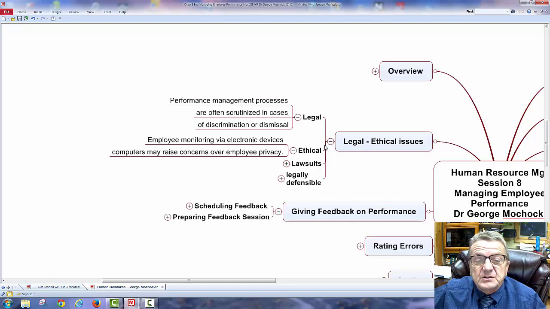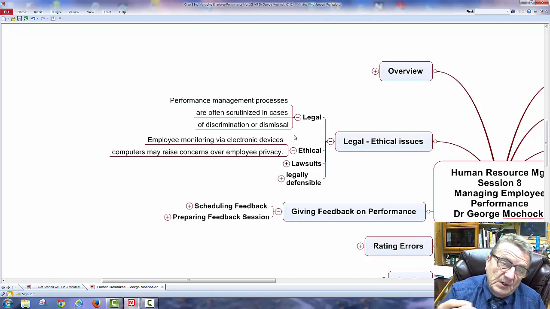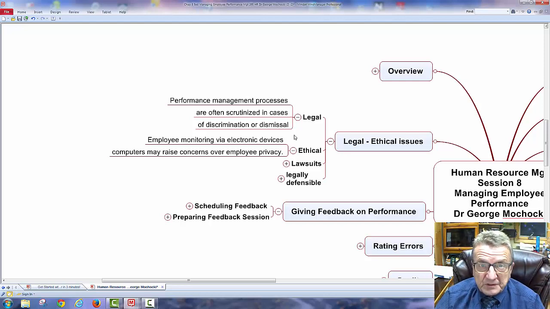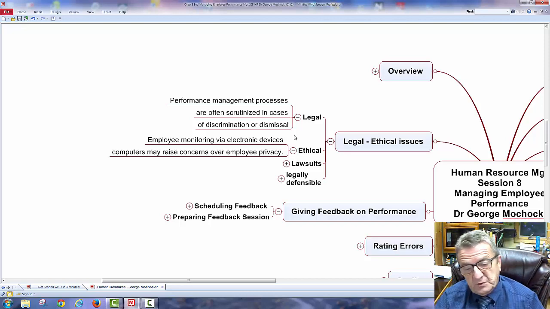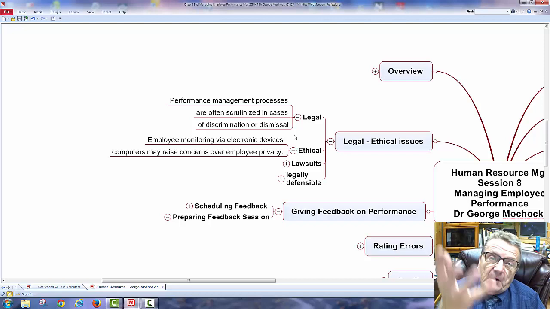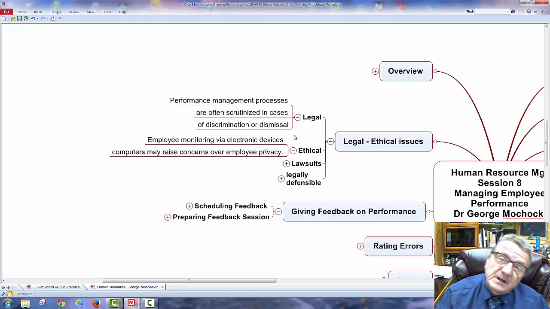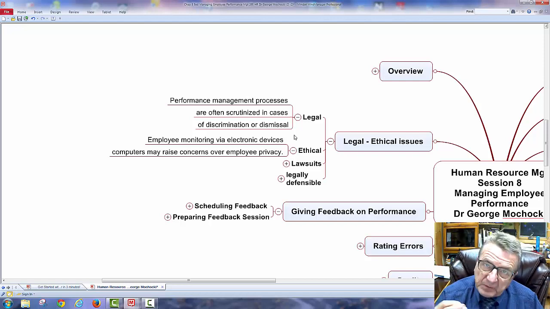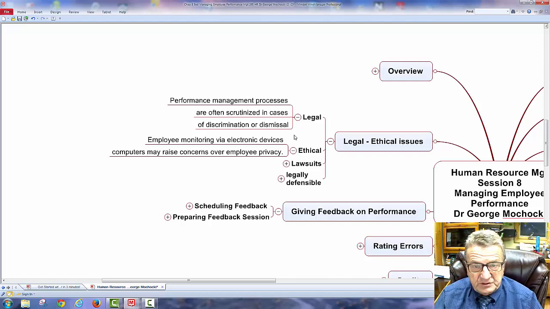Okay, and then legal and ethical issues. Is it legal? Am I performing it? Am I discriminating against one type of culture or ethnicity, or a person who has a disability, or a gender, or anything else? This is where HR is looking at the performance, looking at the measurements, looking at how I'm administering it, and how I've administered it to everyone else. They'll say, well, George, you've got 20% Hispanic, but 20% of your Hispanic or Latino population are all negative, where the other 80% or vice versa. The numbers don't make up. You mean to tell me you don't have any negative in your Caucasian or male or female or cross-gender, whatever. Remember, that's where HR is looking at the numbers, and they're the check and balance to make sure.